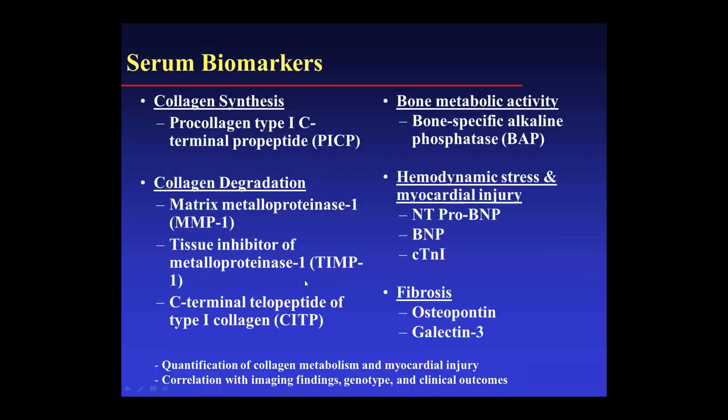A number of serum biomarkers will be measured at the core laboratory for biomarkers, which will be led by Carolyn Ho at the Brigham and Women's Hospital in Boston. I've already mentioned PICP, which is a marker of collagen synthesis. We'll also be measuring markers of collagen breakdown. I won't go into the details here. We'll also be looking at markers of myocardial injury and stress, including the troponin that I previously mentioned, and a number of other biomarkers. So a comprehensive catalog of potential risk-identifying biomarkers.